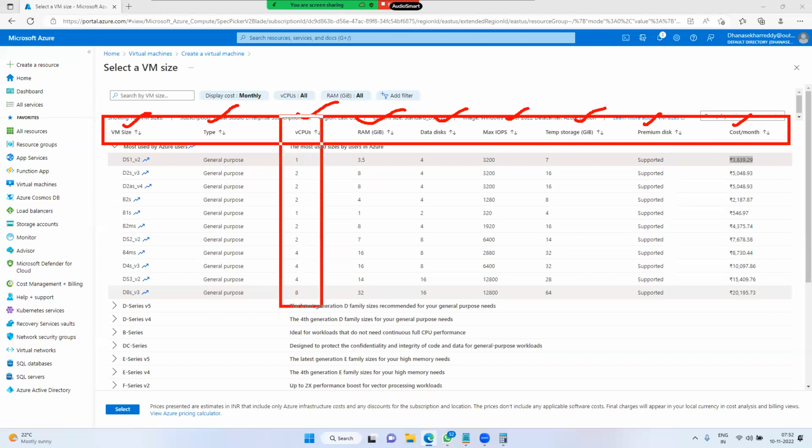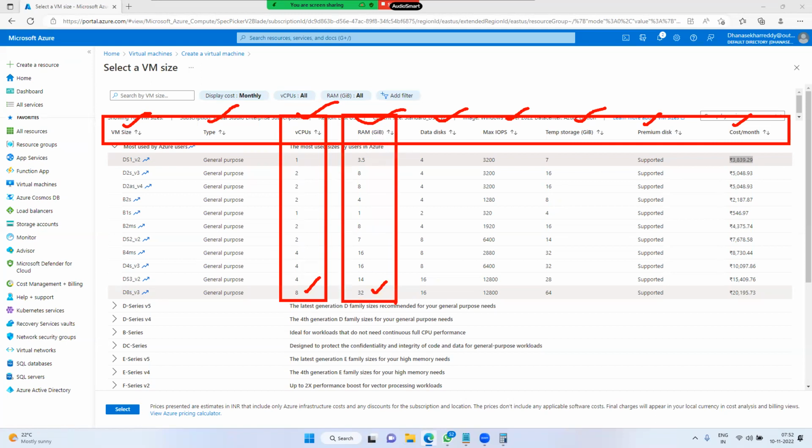So this is the CPU count. Here we can see 8 CPUs, 32 GB RAM. Sir, with 8 CPUs, 32 GB RAM, does each CPU contain 32 GB RAM or is it 32 GB altogether? It is 32 altogether. Okay, sir.